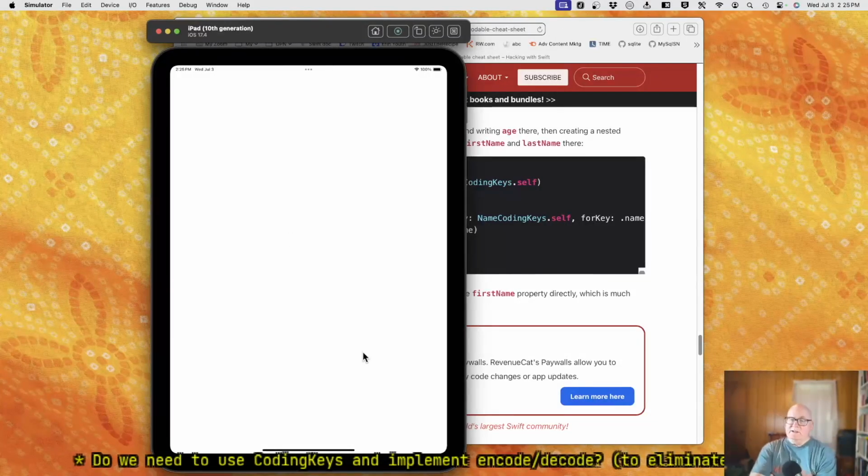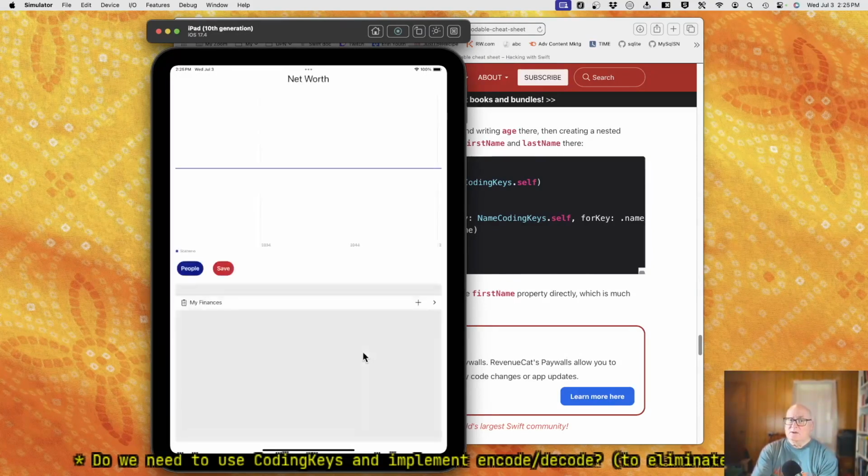Yeah, to your point, it can't change on us unless we rebuild the app. I guess at that point we could address it, right? We would have to notice, ooh, something's wrong. We would have to notice that the format of our JSON file had changed during the development process.